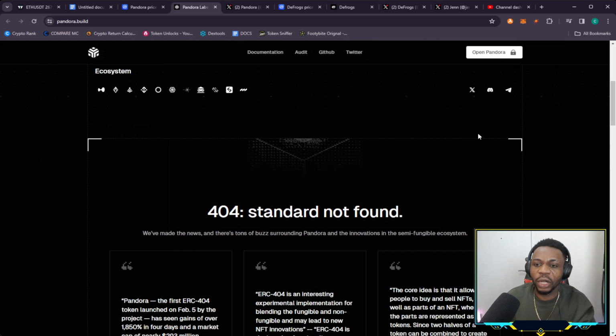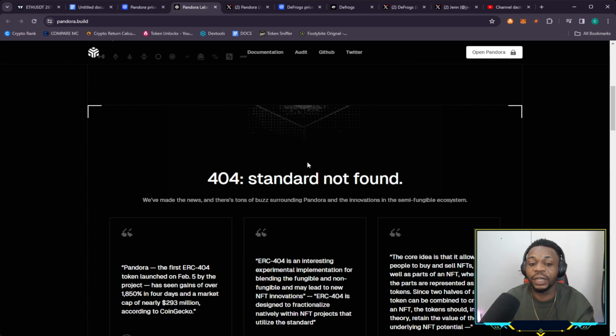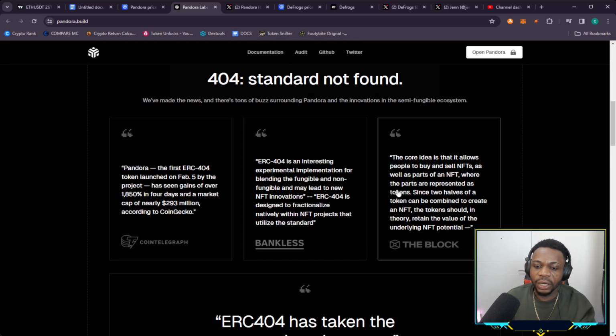So if you come to this page, you can read more on this, because I told you guys this is still experimental. It's still very, very new. It says Pandora, the first ERC404 token launched on February 5 by the project, has gained over 1,850 in 4 days, and the market cap is nearly okay. Nice one for you. So another one from the blog says the core idea is that it allows people to